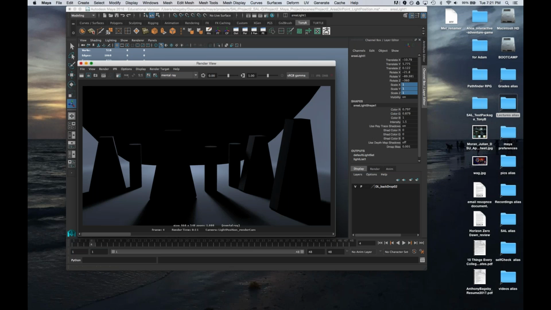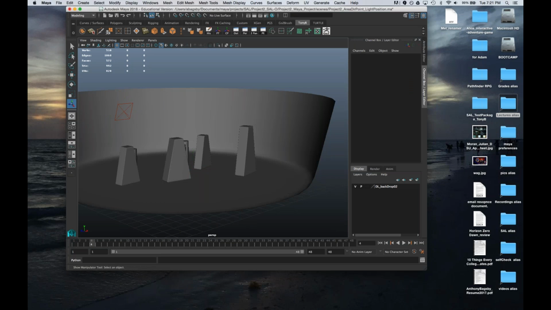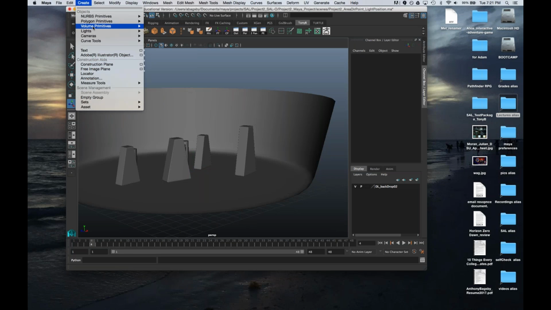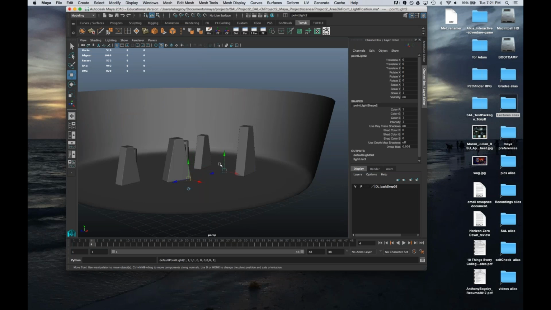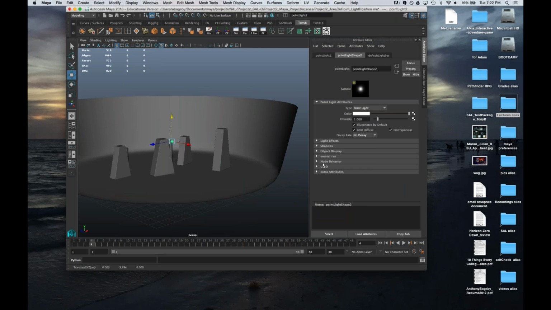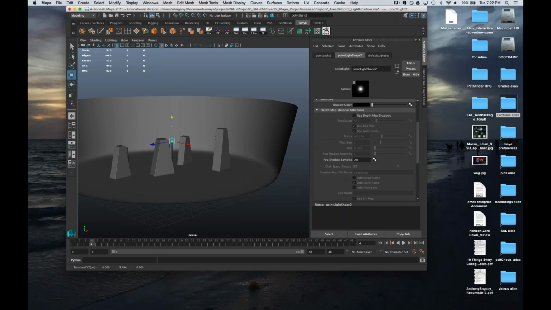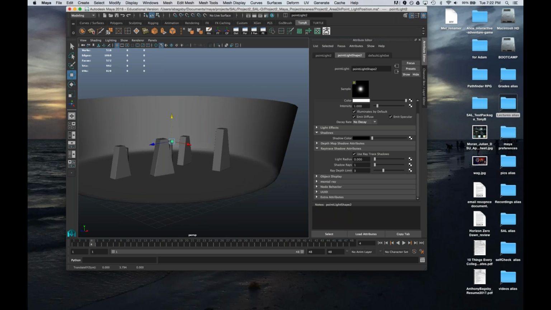Okay, so let's hide our area light, and let's bring out a point light. So with the point light, scaling it does nothing. If you want to increase the softness, you have to go down to ray tracing, and it's the light radius. Shadow rays, again, cleans up the shadows.